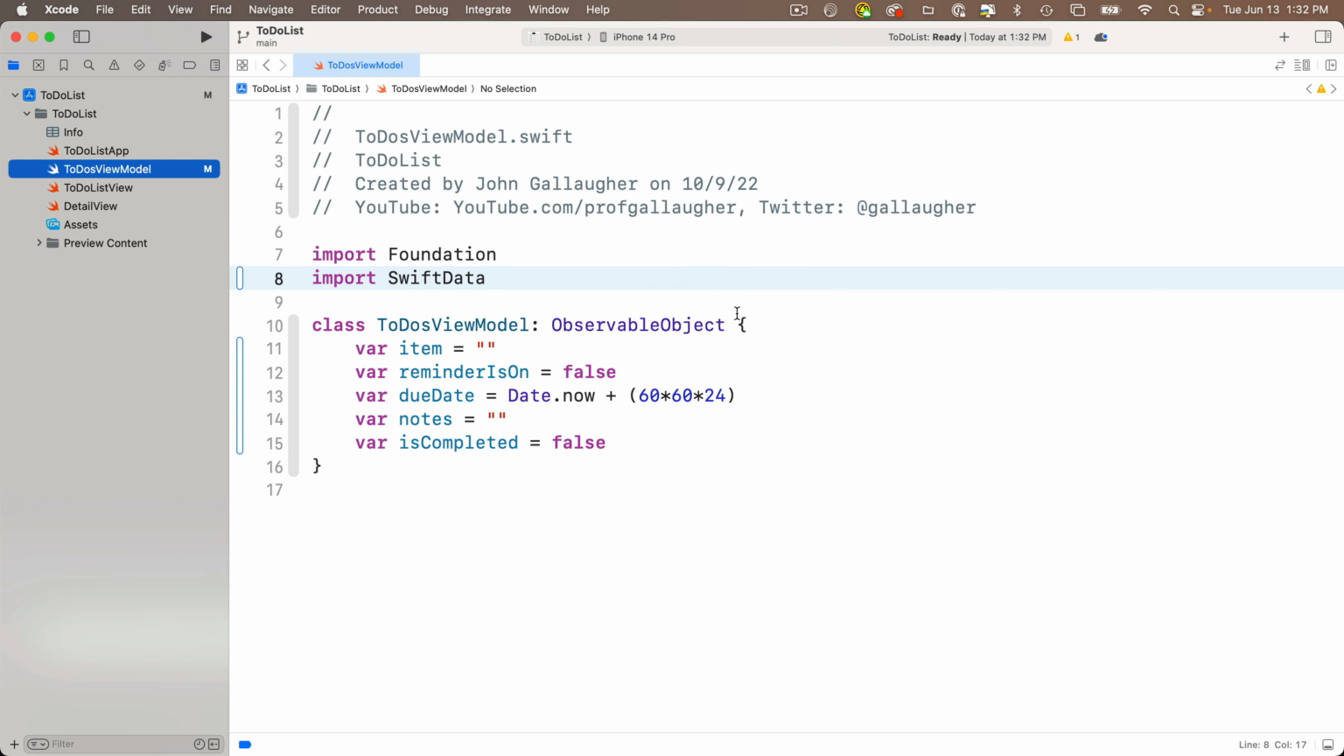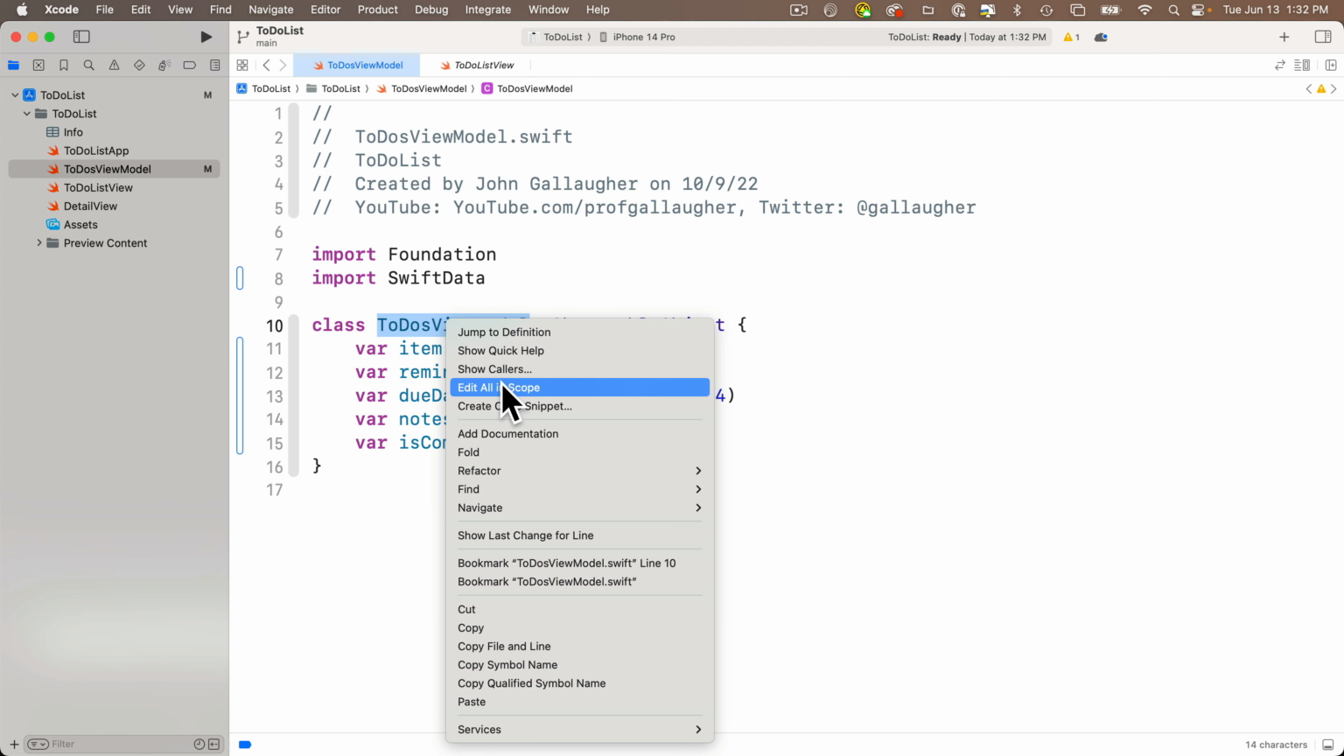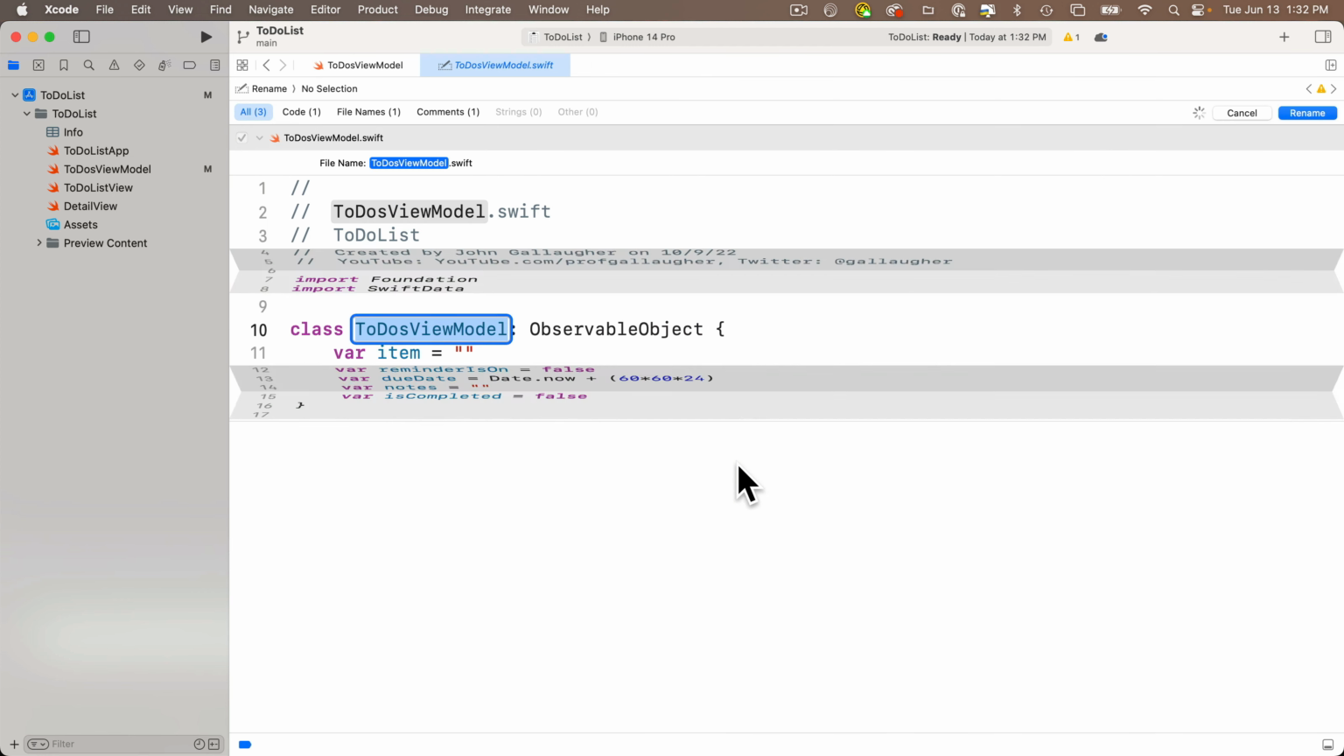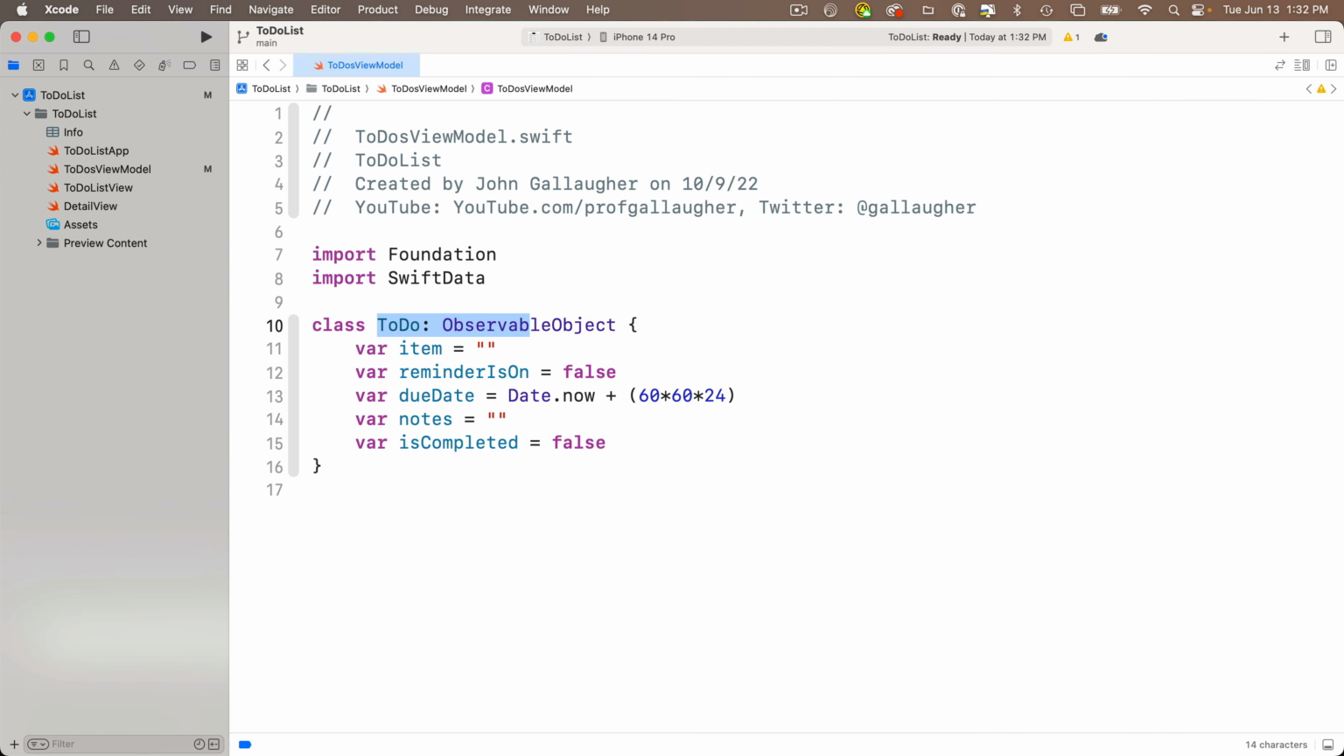And then back in our to-do view model, I'm going to change the name to ToDo. So I'm going to right-click on ToDo view model, refactor, rename, and rename this as ToDo. This is our new model. And we no longer need ObservableObject. One of the most confusing parts of SwiftUI was figuring out when to use ObservableObject, StateObject, EnvironmentObject. This has been greatly simplified with SwiftUI updates and even more so in SwiftData. So we can just delete this ObservableObject conformance, make sure you get the colon out of there too, and